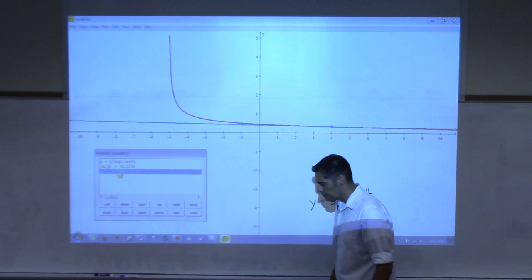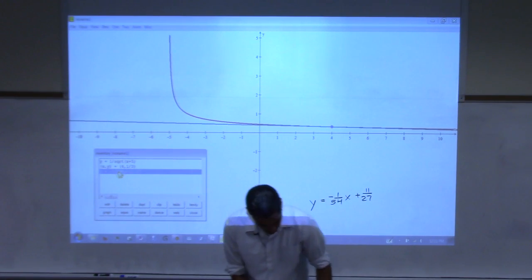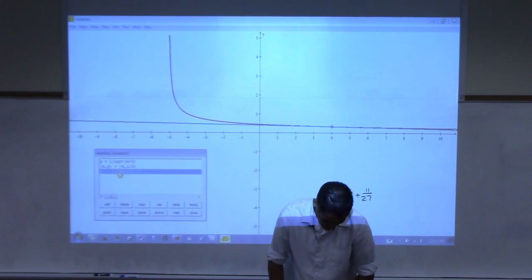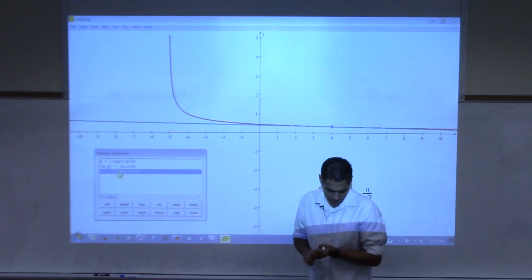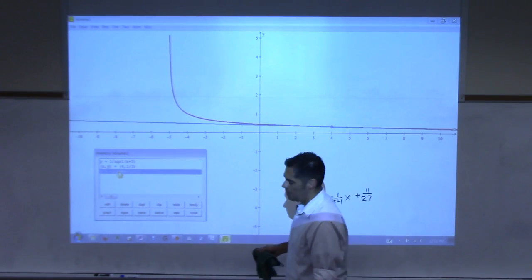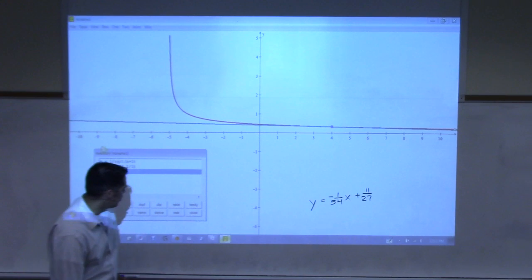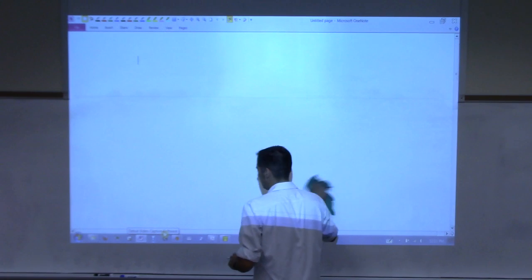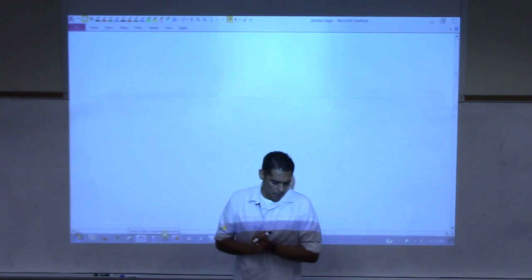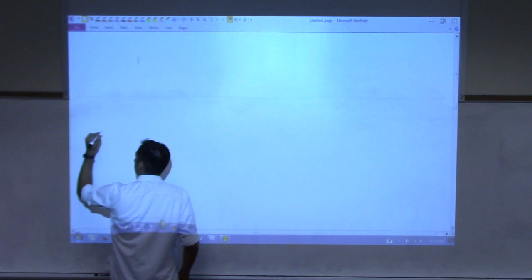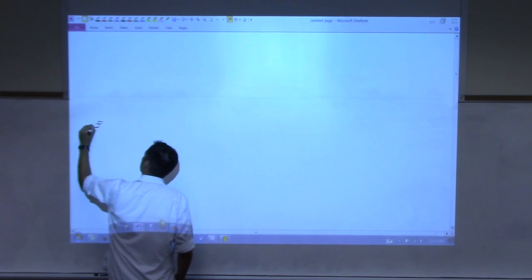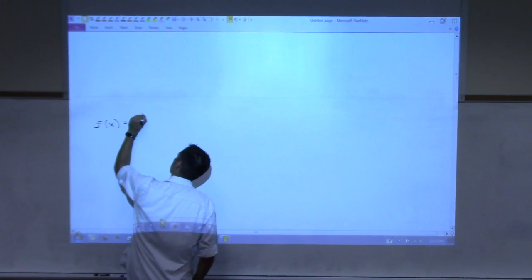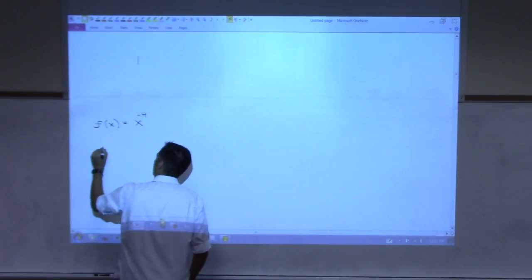All right. I think I have plenty of time to do one more. How about this one? How about equation of the tangent line again, f of x equals x to the negative 4 at,